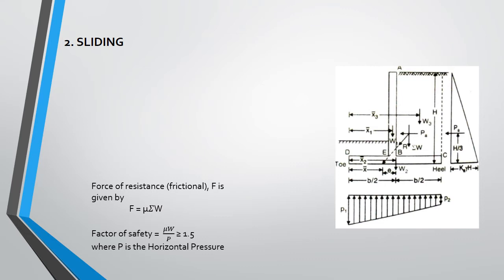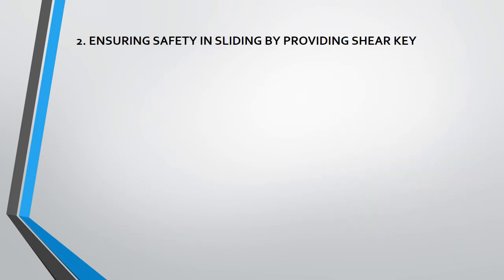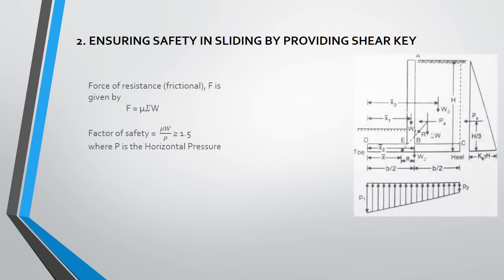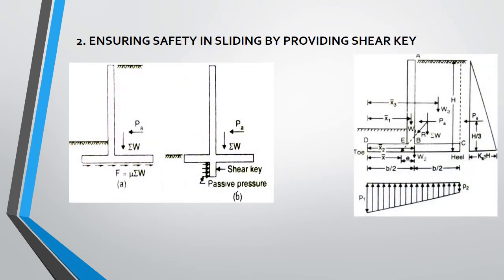A minimum factor of safety of 1.5 is used. What if the failure happens in sliding? Then in order to overcome this failure, a shear key is provided. When the shear key is provided, a passive earth pressure acts on the